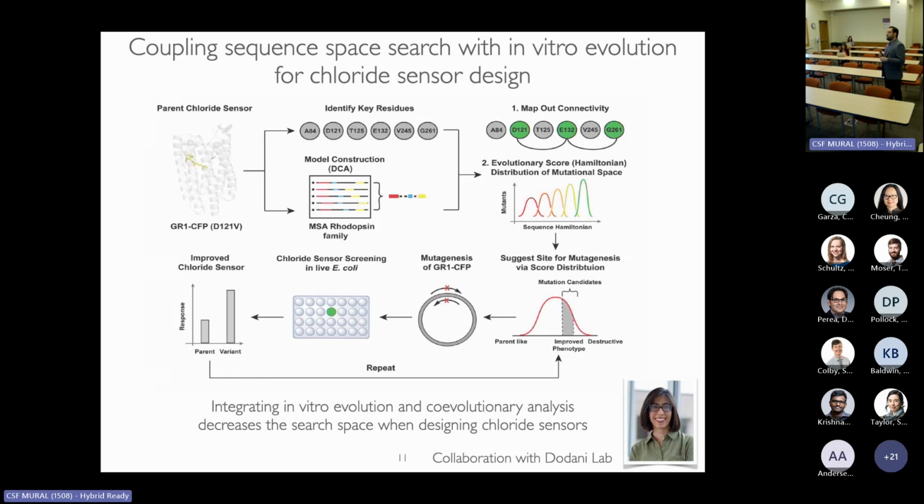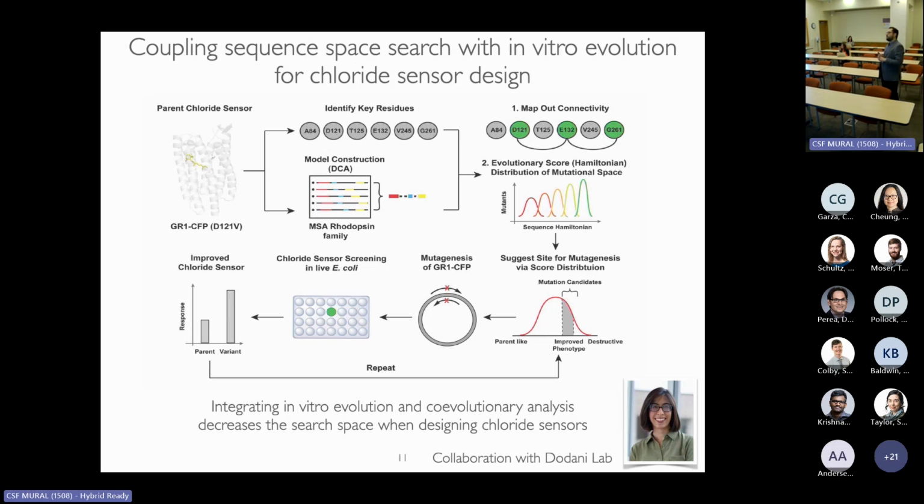In this case, because we're trying to go into a slightly different function, not the ideal function of the family, we don't always look at the mutations that strictly improve. We have some distribution of changes that are acceptable, not destructive, but also not geared towards the original function. So then we do mutagenesis guided by